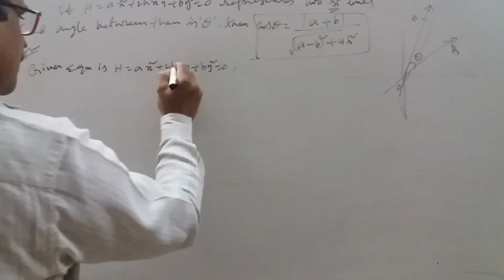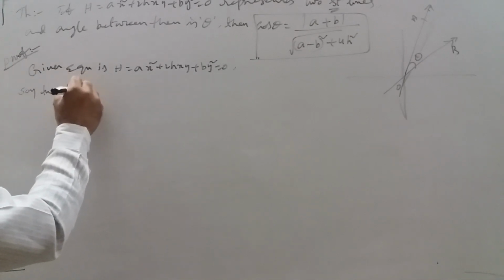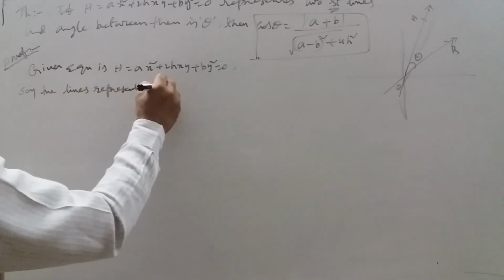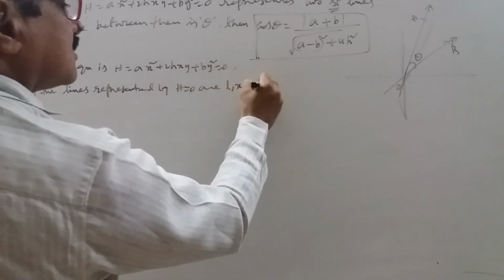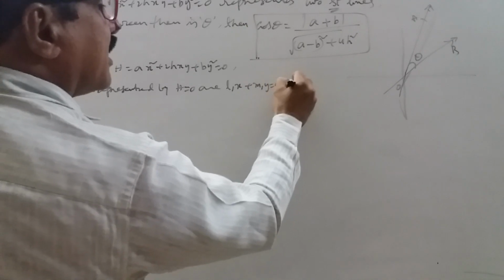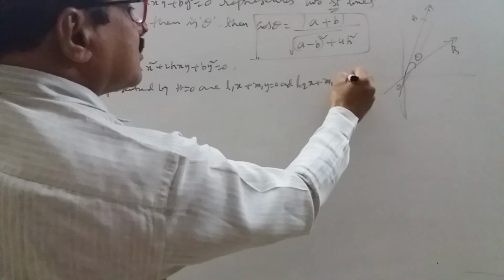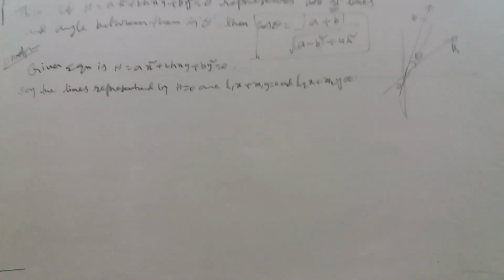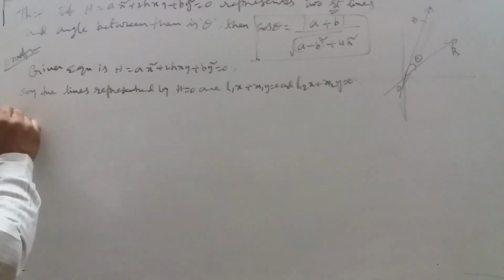If it represents, say, the lines represented by it are L1x plus M1y is equal to 0 and L2x plus M2y is equal to 0. Okay. Just write L2x plus M2y is equal to 0. Then that implies